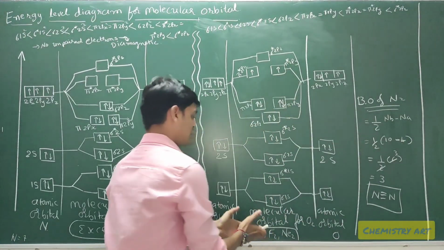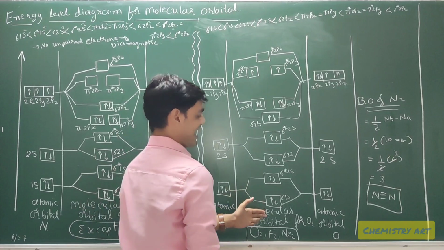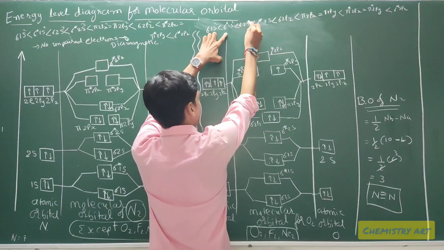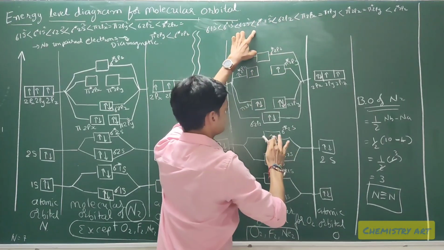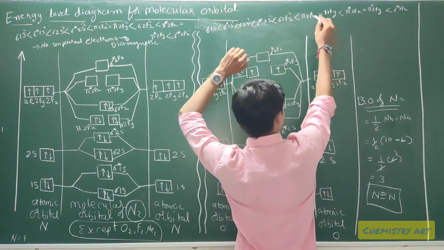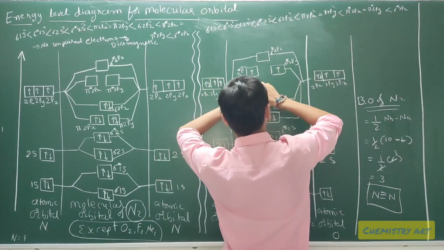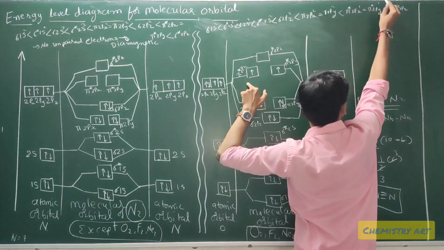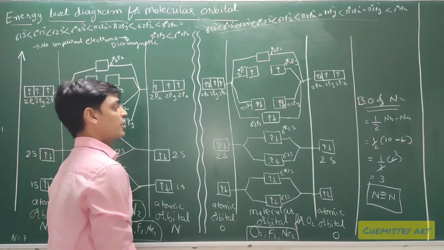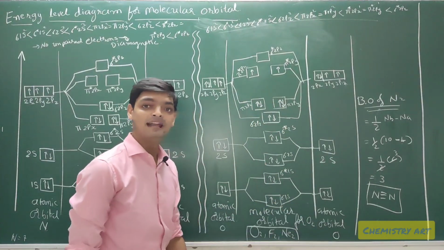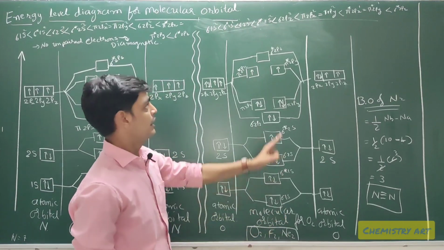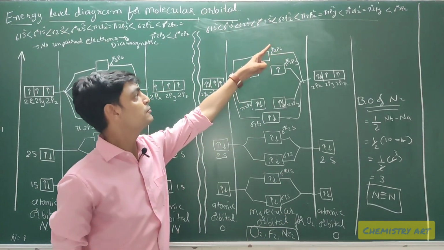And when we fill for the oxygen molecule, you can write the number of electrons we have filled: sigma 1s2, sigma star 1s2, sigma 2s2, sigma star 2s2, then sigma 2pz2, pi 2px and pi 2py both having 2 electrons, and pi star 2px 1 and pi star 2py 1. This is the molecular orbital level of the different orbitals for O2, F2, Ne2, and the electronic configuration for the oxygen molecule.